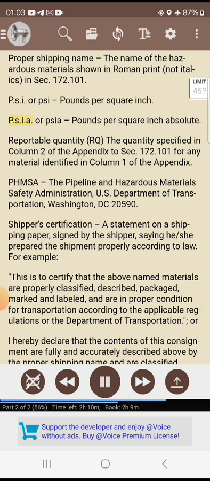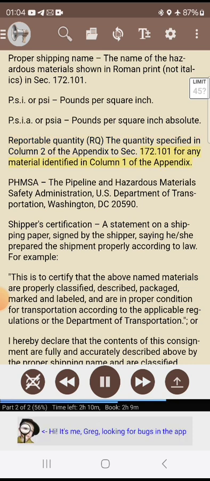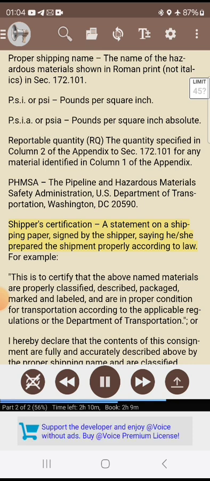P.S.I.A. or psia, pounds per square inch absolute. Reportable quantity, RQ, the quantity specified in column 2 of the appendix to Sec. 172.101 for any material identified in column 1 of the appendix. PHMSA, the Pipeline and Hazardous Materials Safety Administration, U.S. Department of Transportation, Washington, D.C. 20590. Shipper's certification, a statement on a shipping paper, signed by the shipper, saying he/she prepared the shipment properly according